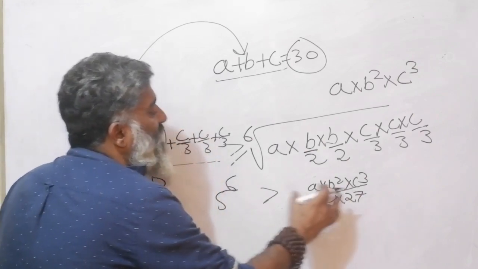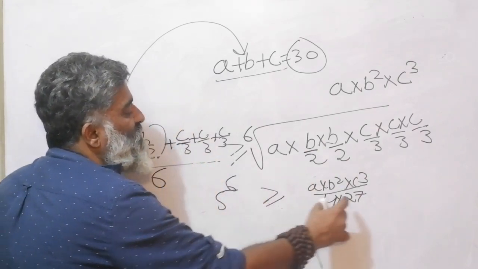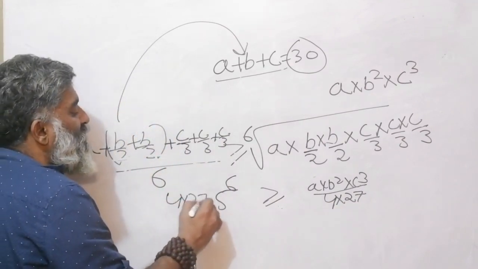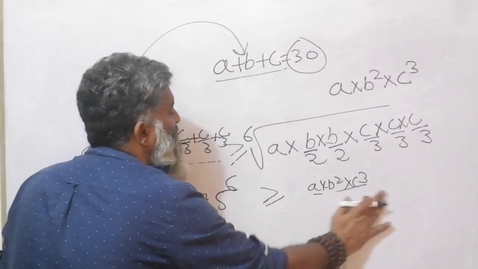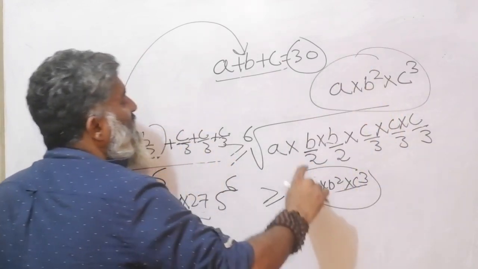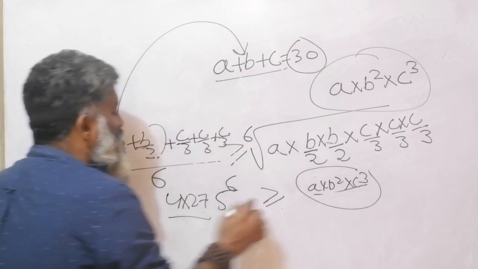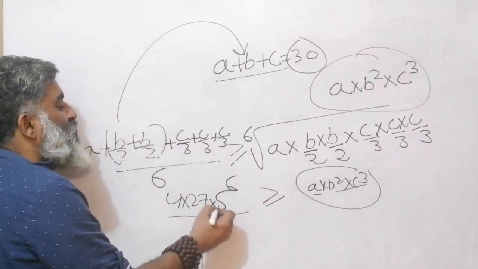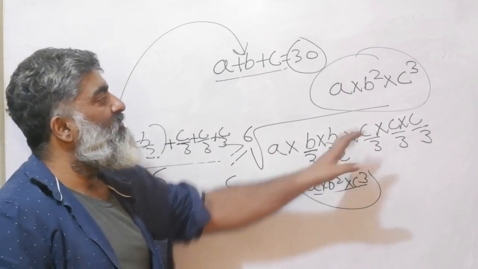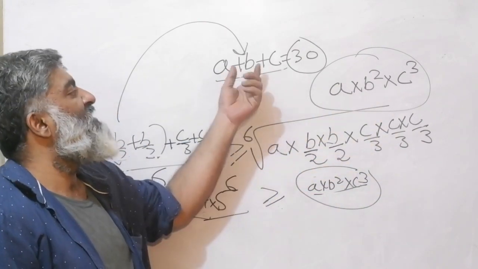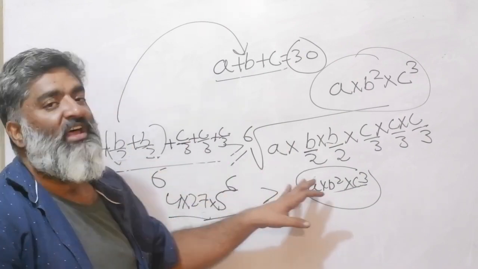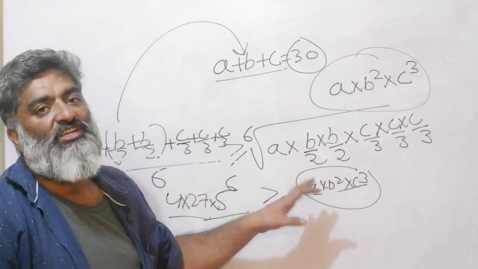And then this 4 into 27. Don't forget the equal to sign. Then this 4 into 27 can be multiplied on the other side. So finally, this 4 into 27 will be gone. This is what I wanted in the beginning of the story. So a into b square into c cube is equal to 4 into 27 into 5 raised to 6. So what a lovely little game. You had one story here, but you had another story here. How do I balance it so that I can use the AM greater than or equal to GM concept?